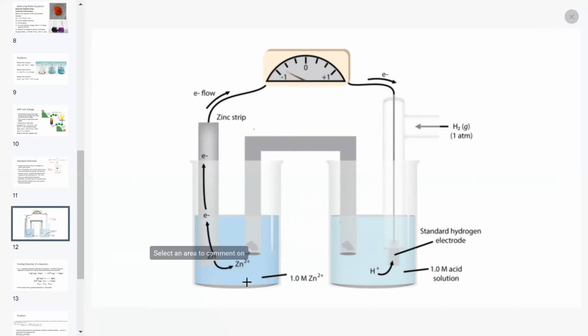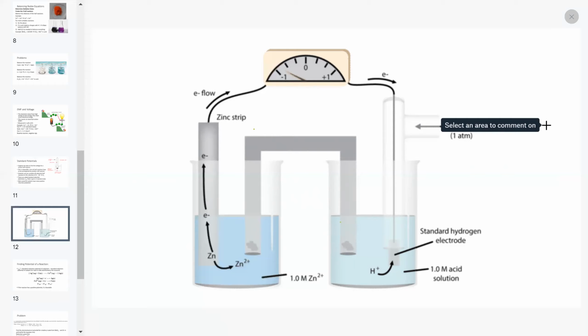Here we have a strip of zinc metal, and the zinc loses its electrons to form Zn2+. And because we're at standard state, the concentration of zinc is maintained at 1 molar. So here we have the anode because we're oxidizing zinc to zinc 2+. So the electrons are flowing over here. And the problem with this is that we have all of these electrons flowing over here. So we should expect this portion to become negatively charged. But this is impossible because everything has to remain neutral. So we have to